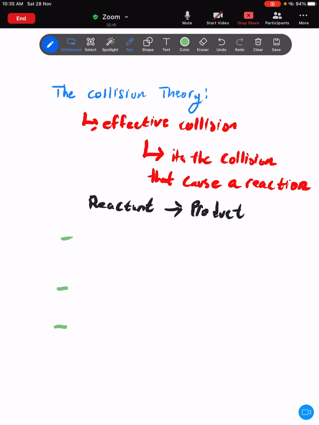In order for an effective collision to occur, what is the first rule? Hurry up. In order for an effective collision to take place, my dear student,